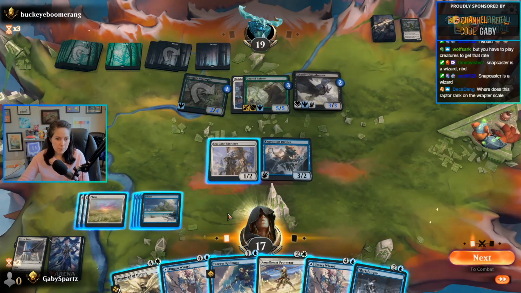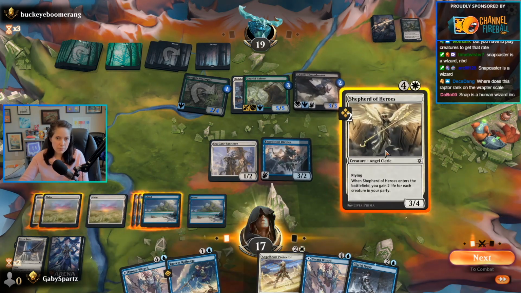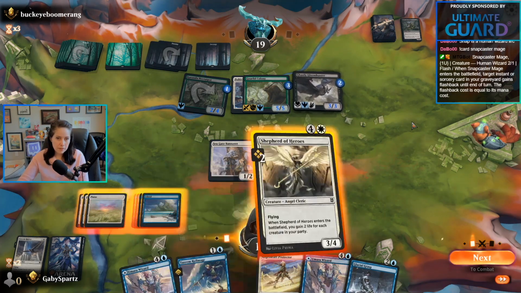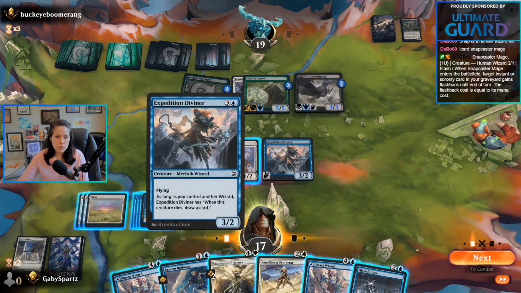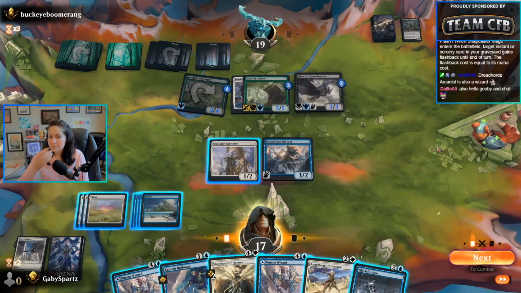Glacial Grasp is good for tapping that thing on next turn. We can also go... Oh, we don't have enough. We need one more land before we can go 5-drop into Glacial Grasp. Kind of annoying. That's okay. This is just still bigger than them. We need a wizard for this thing to trade is what we do need. But I can't cast Glacial Grasp unless we...